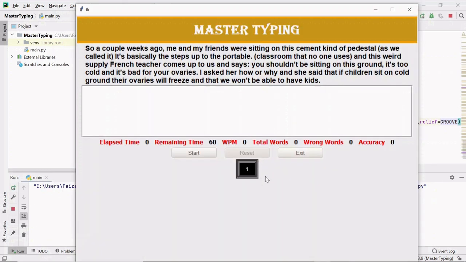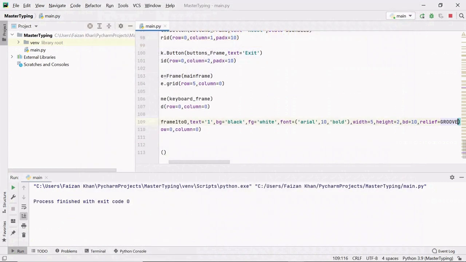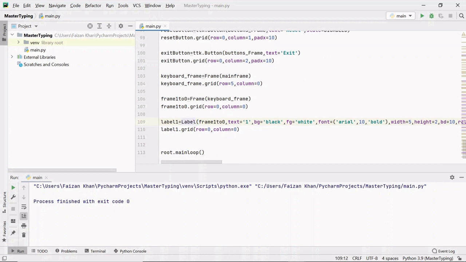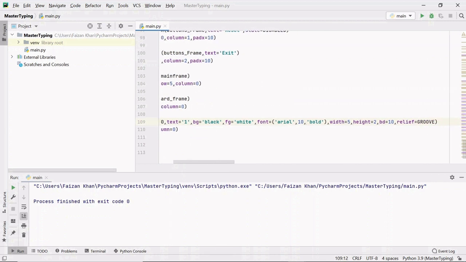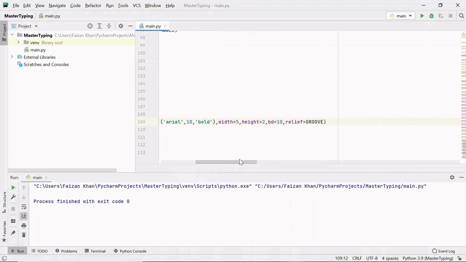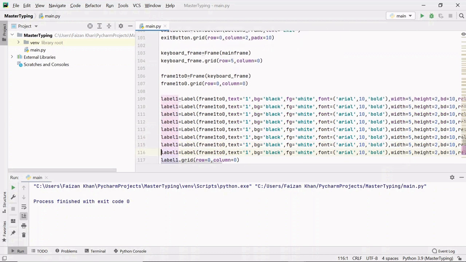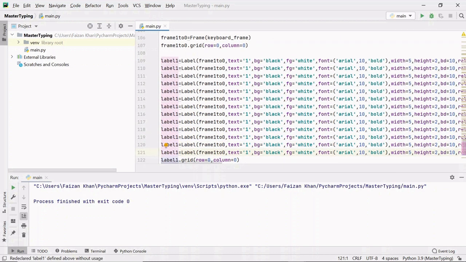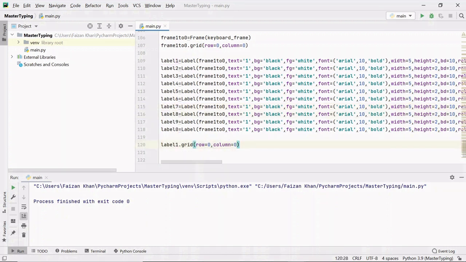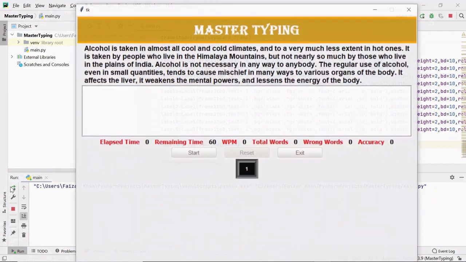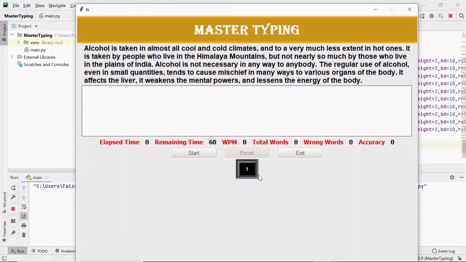In the same way we will be creating label 2 next to this label 1, and it will be the same as label 1. So I will be simply copying this. See how I am going to copy this. At the end here, just place your cursor and press Ctrl+D. Then just change the object variable name from 1 to 2, then to 3, then 4, 5, 6, and so on. In the same way we have to grid all these labels, otherwise you will not be able to see any of them except for label 1, which we already gridded.